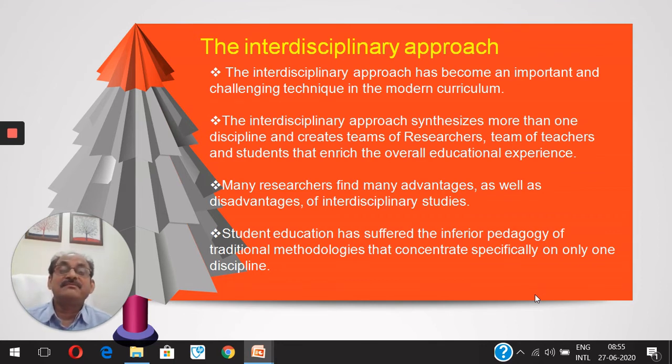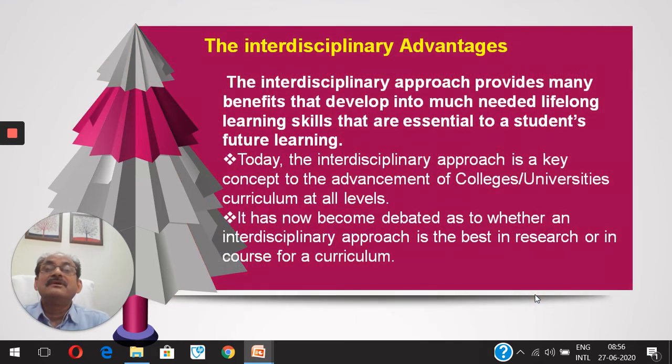Many researchers find many advantages as well as disadvantages of interdisciplinary studies. We will focus on the advantages and slightly focus on the disadvantages. Student education has suffered from the inferior pedagogy of traditional methodology that concentrates specifically on only one discipline. So these are the disciplinary approach, and we can jump to the advantages of interdisciplinary studies or interdisciplinary research,